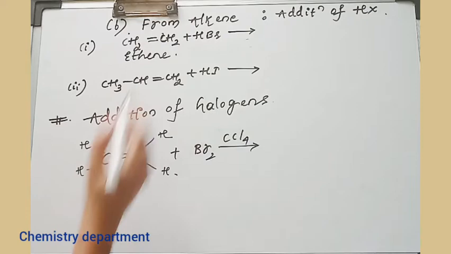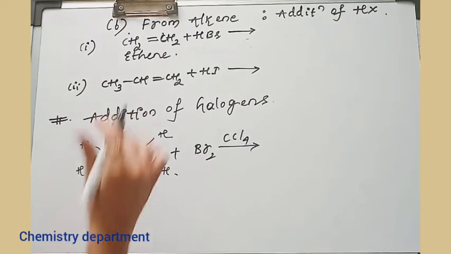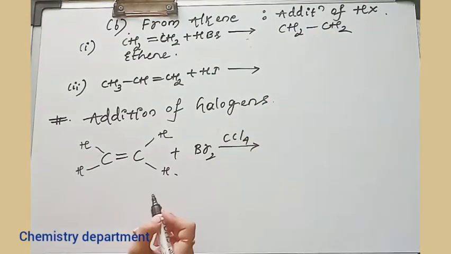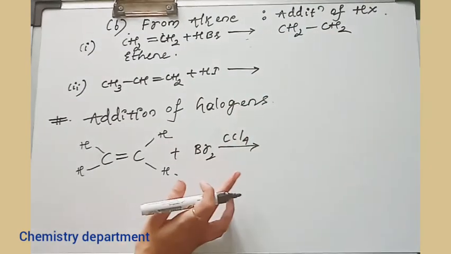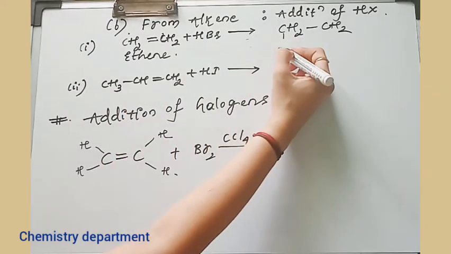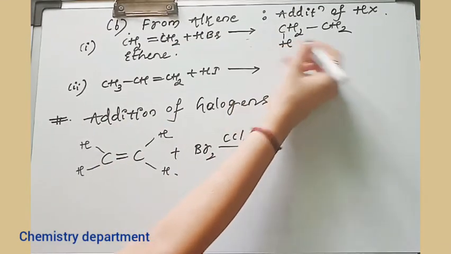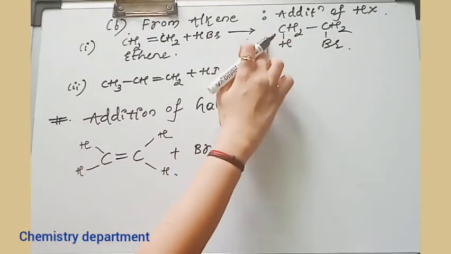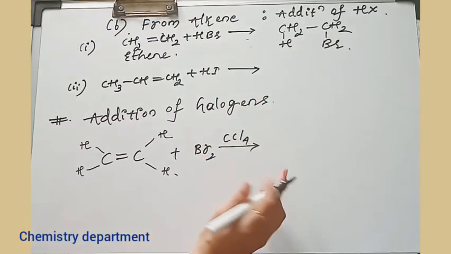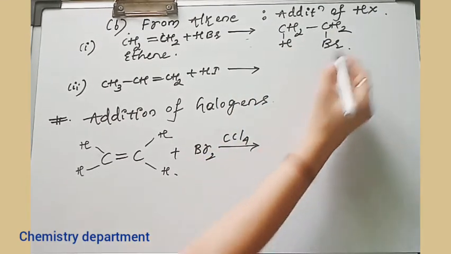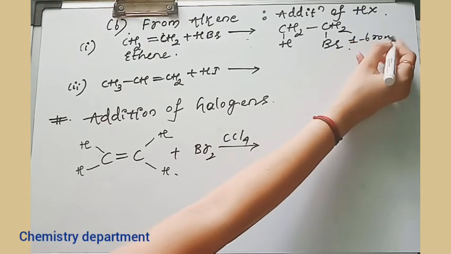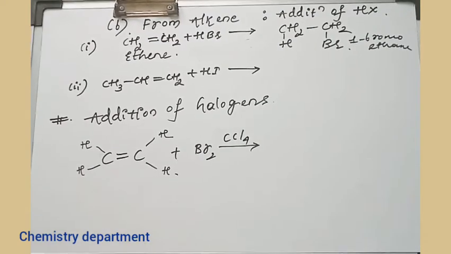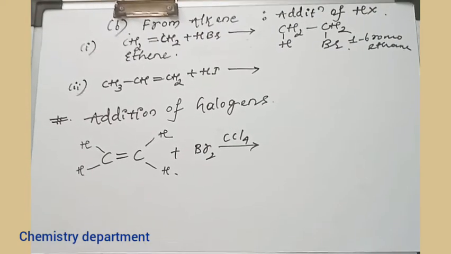First one we'll see. I have taken the alkene, that is ethene. When it is reacting with the HBr, what exactly happens here is, out of these two bonds of the double bond, one bond I'm going to break. So what I'm going to get is CH2, CH2. The carbon valency for these two carbons is 3. The fourth valency will be satisfied by adding H, and for this Br. You can add it in a reverse way as well, for this carbon Br and the other carbon H. Both ways you're going to get the same product. So the name of this will be bromoethane. You're going to get the same product because the given alkene was symmetrical in nature.